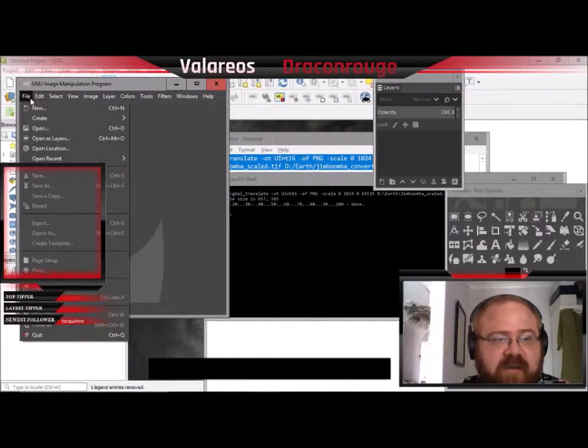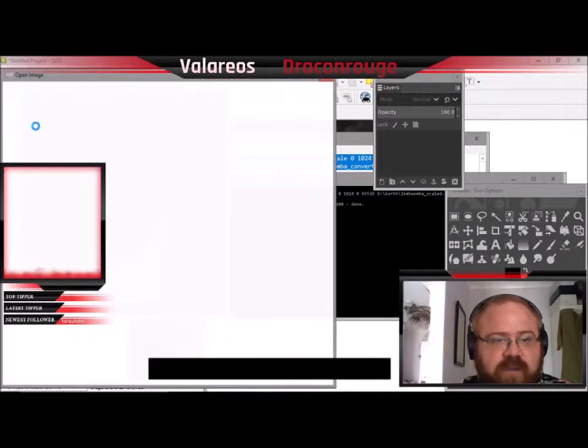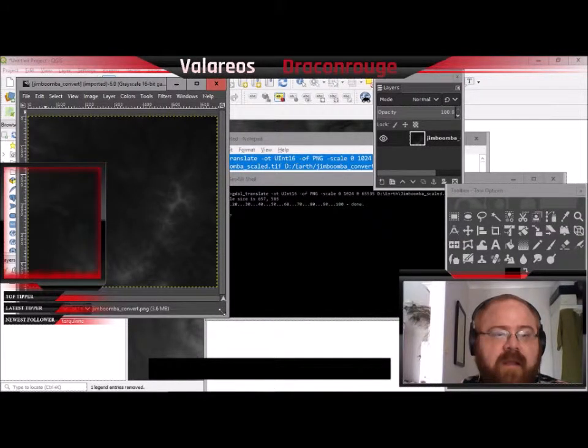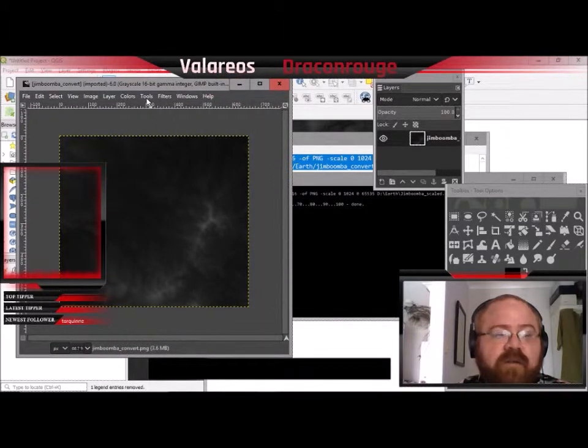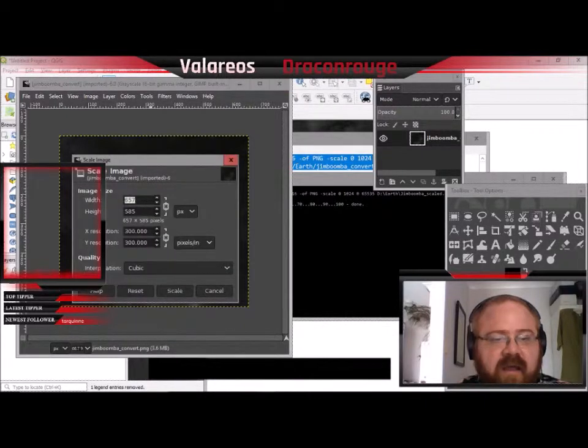So now we just need to open the file we just created. And we're going to do a bit of manipulation. So you see it's a 16-bit gamut integer up here. That's good. That's what we wanted. All we have to do now is actually resize it. So image, scale image. If you notice here, even though we use an 18 meter by 18 meter square, the